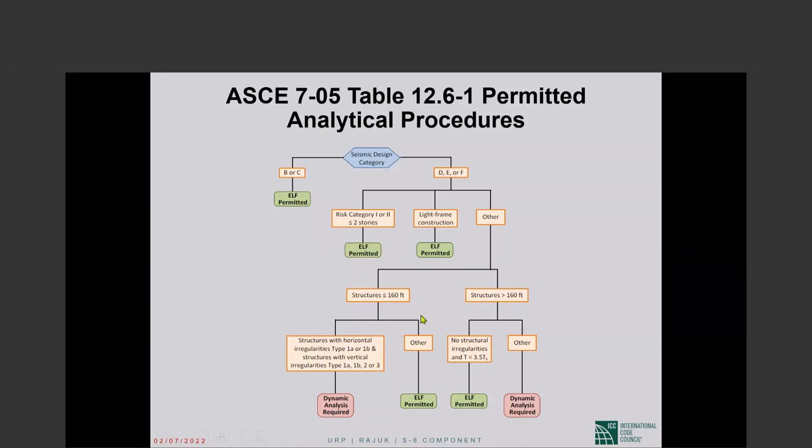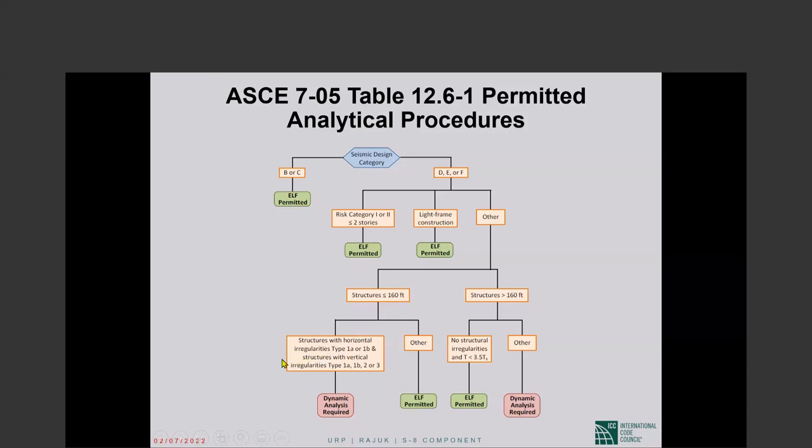the big dividing line is: is the structure less than or equal to 160 feet or more than 160 feet? Sorry, I forgot to translate into metric. 160 feet would be, I don't know, 50 meters, a little bit more. Anyway, if it is a structure less than or equal to 160 feet, which is the vast majority of structures, then